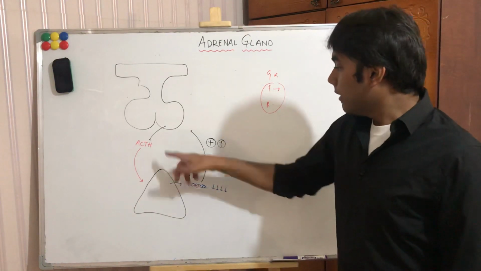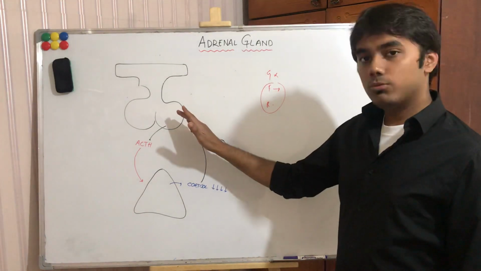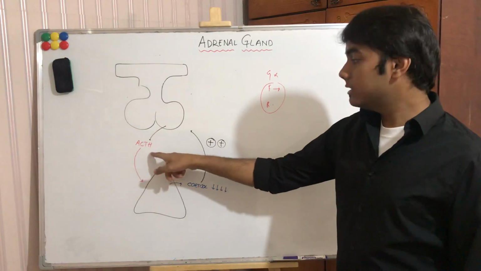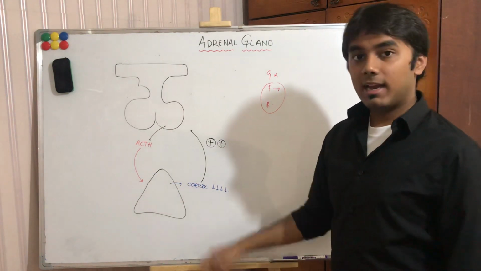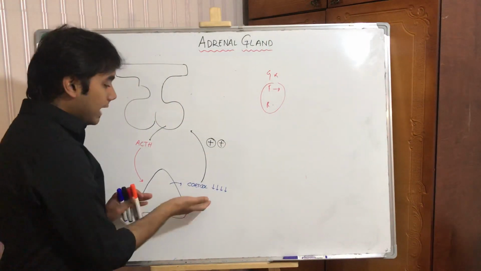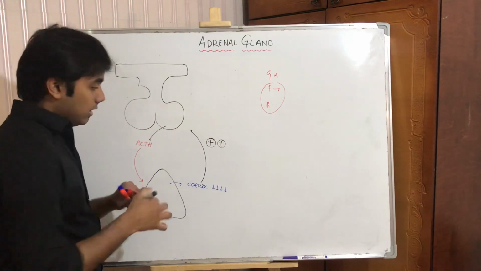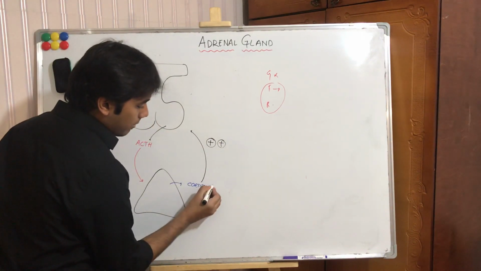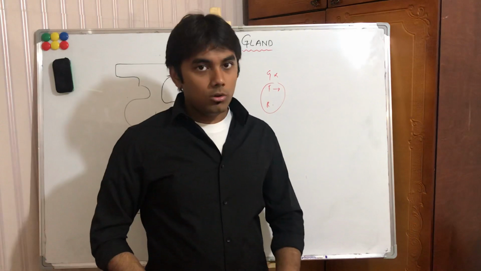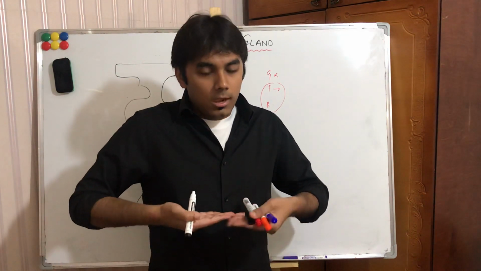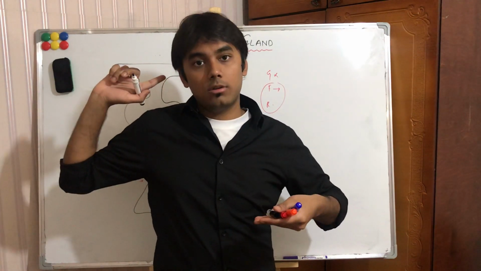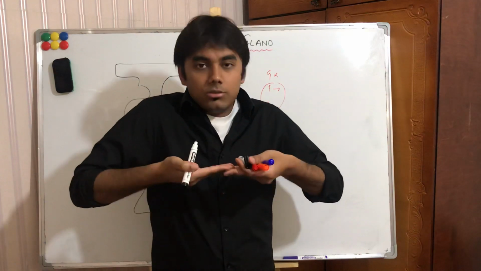Right? Now look, decreased cortisol levels, positive feedback mechanism. It triggers anterior pituitary to release ACTH. Now ACTH will activate adrenal gland, and of course it will activate the zona fasciculata, and again the cortisol levels start to rise. Now when cortisol levels are already low, ACTH is released, cortisol levels started to rise. Now cortisol levels reach the normal level. Too much if it reaches also there are problems, as I talked previously, right?